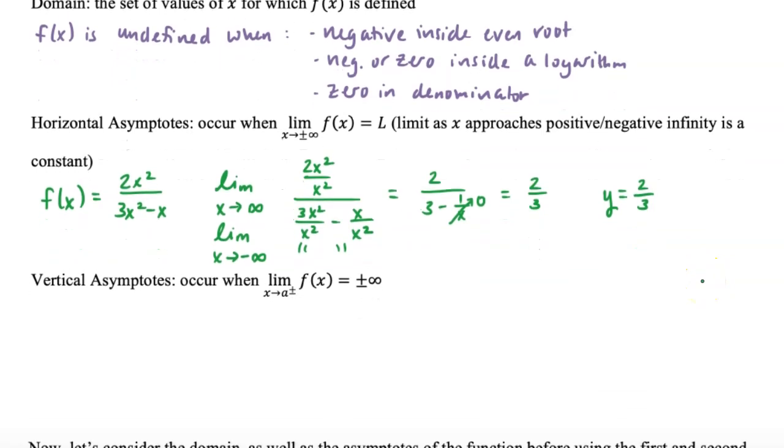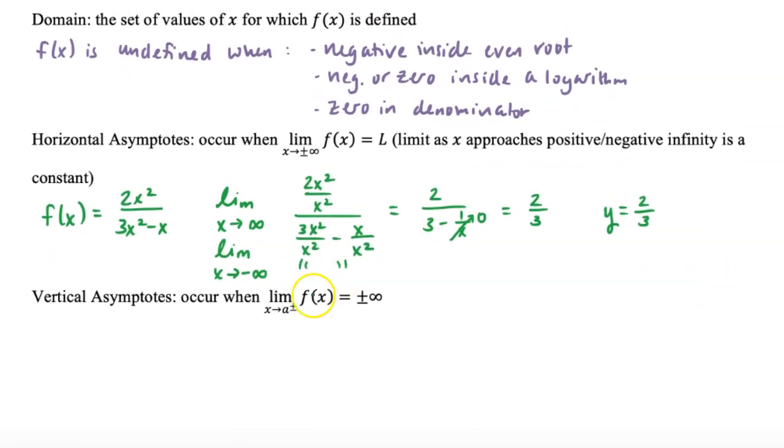Okay, review of vertical asymptotes. Vertical asymptotes occur where the limit as x approaches a from the right or the left is some form of infinity. And I know this is going to happen when I have a function. Let's take, for example, the function f of x is equal to 1 over x minus 2. If I'm just looking for vertical asymptotes, I want to find the x value that's going to give me a constant